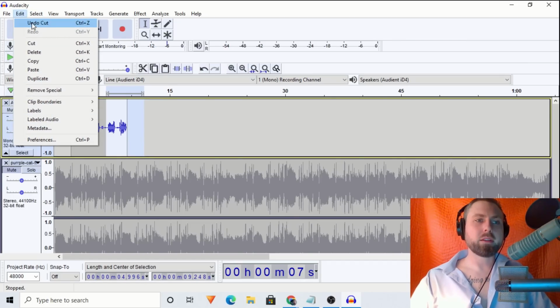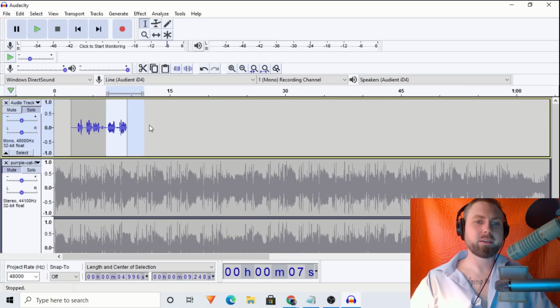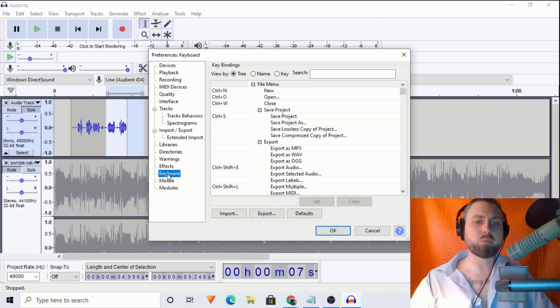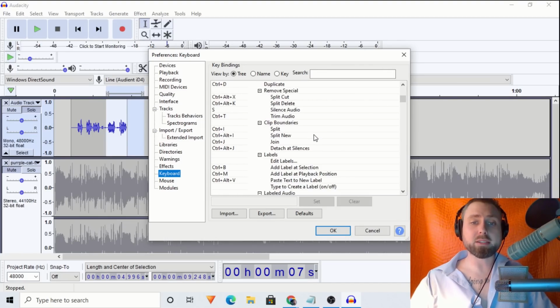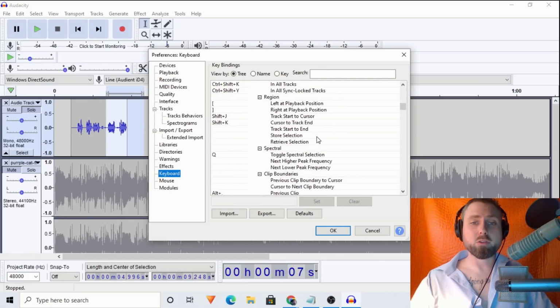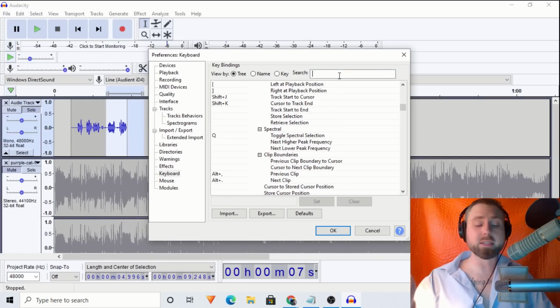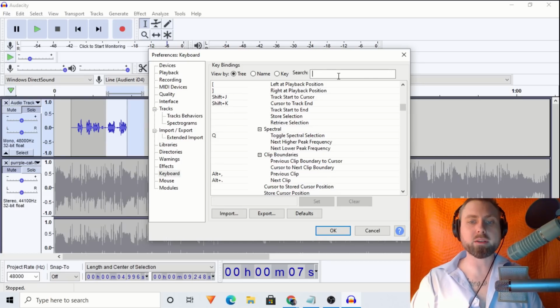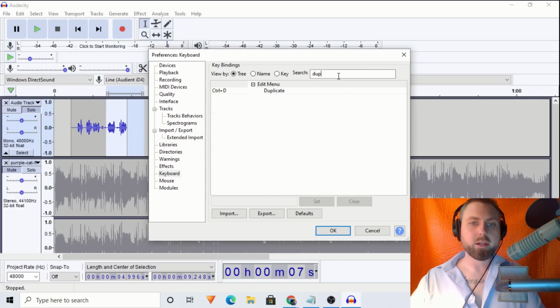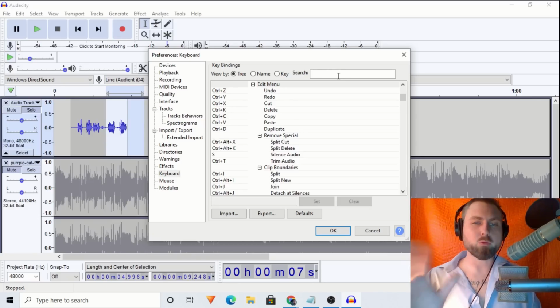So let's go to our preferences. Let's click Edit, Preferences. And once we have preferences open, let's click Keyboard. And what we see in this box right here is a list of all of the hotkeys. So if you're looking for something specific, let's say I wanted to know what duplicate was, right? We could click in that box and type it in, duplicate. Pow, Control D. Okay, but right now we're going to change your silence from probably Control L or Command L if you're on Mac to S. Okay, so let's type in silence,